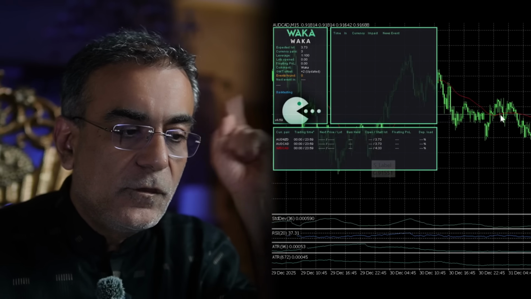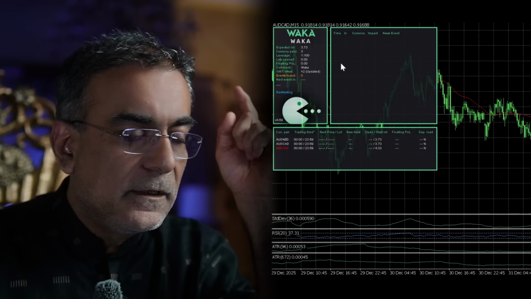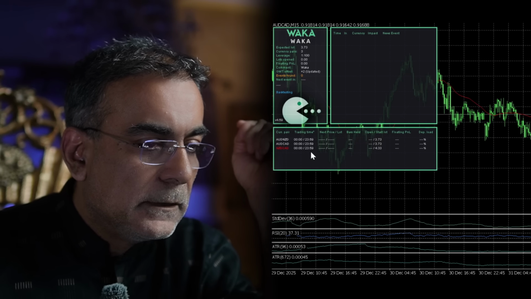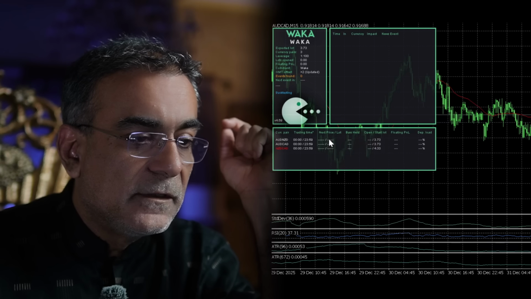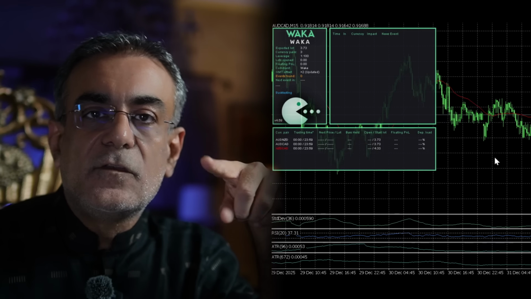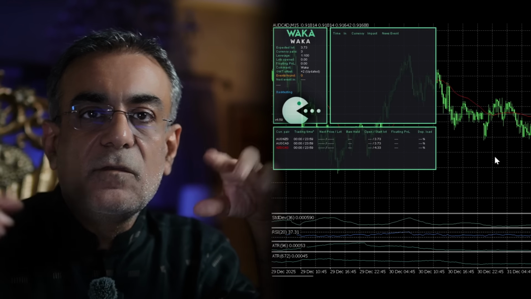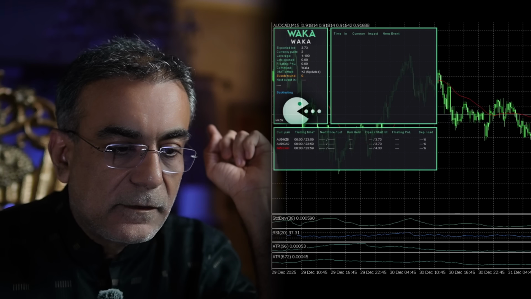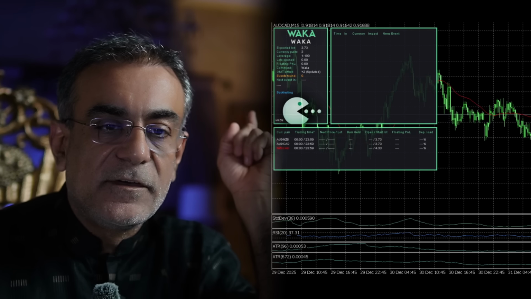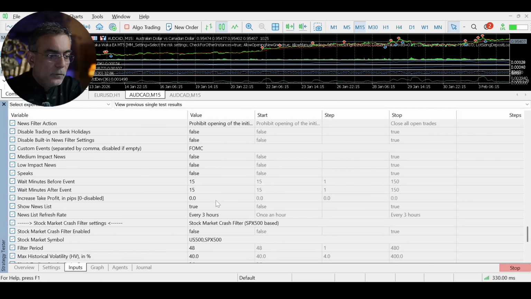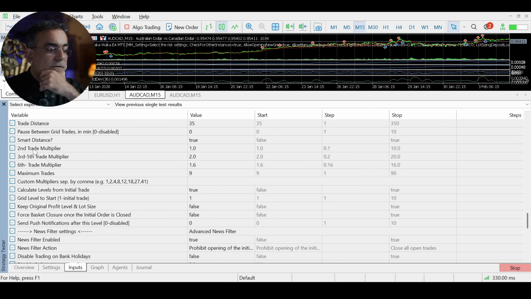By the way, this is also very evident when you're running the EA in the visual mode with the panel on, that you will see here the next level and the lots. And here the next level is always 35, only changing with the smart distance based on the ATR 96 divided by ATR 672. The next thing I saw in the inputs, after the smart distance, you have the second trade multiplier,